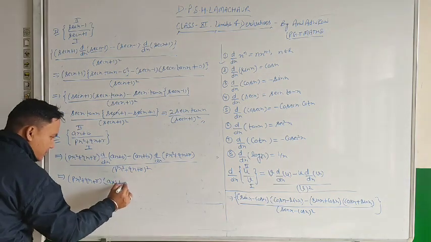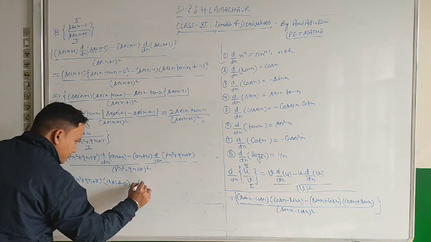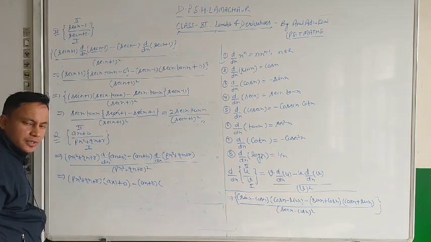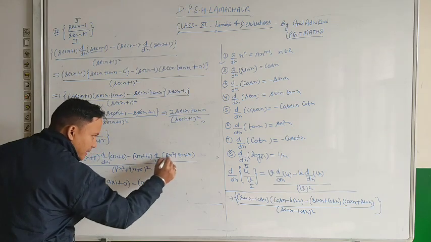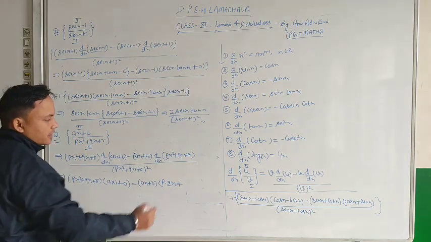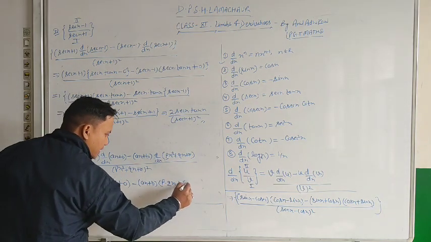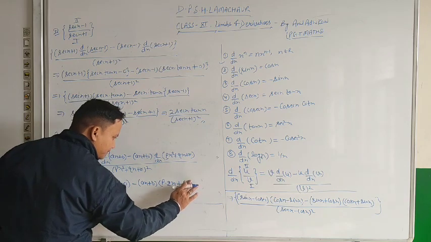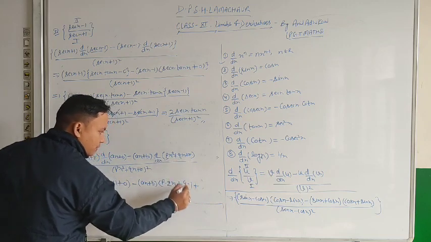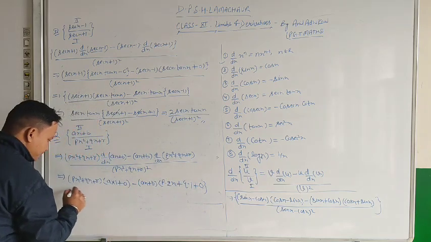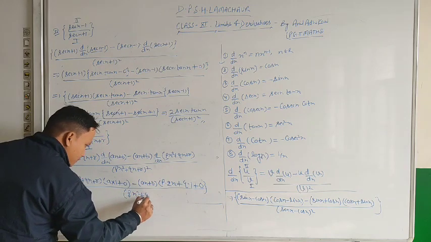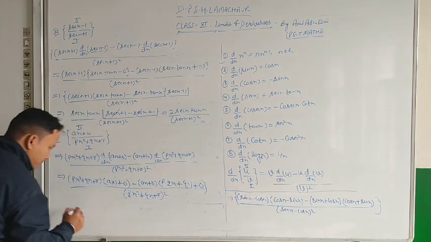Okay, so derivative of b will be 0 minus ax plus b, and here since p is a scalar quantity, take it out and derivative of x square is 2x plus, again q is a scalar quantity, so take it out and derivative of x will be 1, plus derivative of r will be 0 because r is a constant term, divided by px square plus qx plus r whole square.